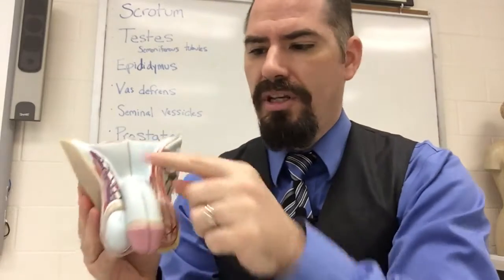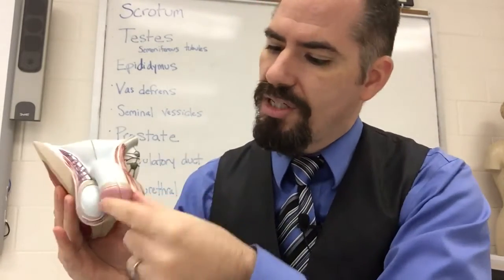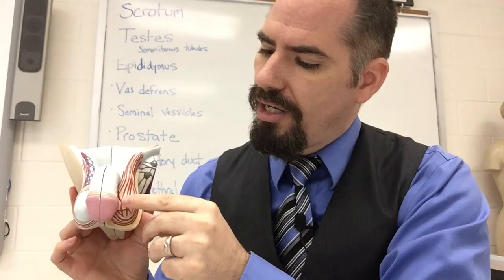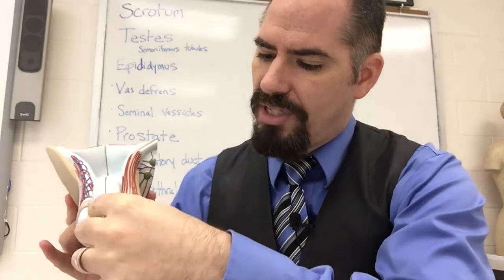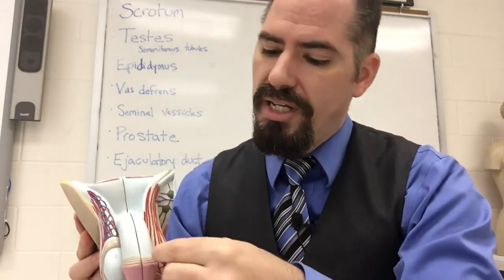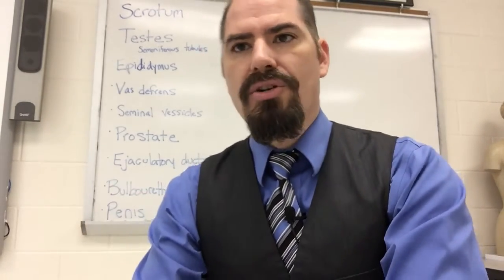All right, and then of course the last structure is the penis, the shaft of the penis, the head of the penis, widening out there. And then for those who are uncircumcised, this flap of skin covers the head of the penis. It's called the prepuce or foreskin. In a medical or religious procedure called circumcision, that is removed. So make sure you're familiar with all of these terms and what they